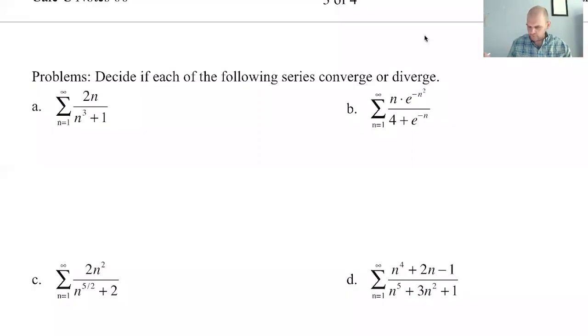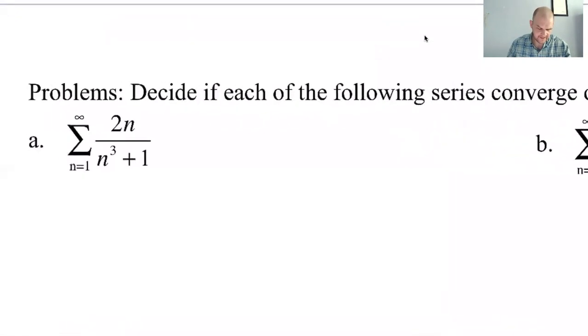All right, we're back. We're on page 4 of note 6, and it looks kind of like mixed review, I guess. We're going to do these in whatever we think is the best possible way. So let's get started. I look at A and I think I would like to do limit comparison on